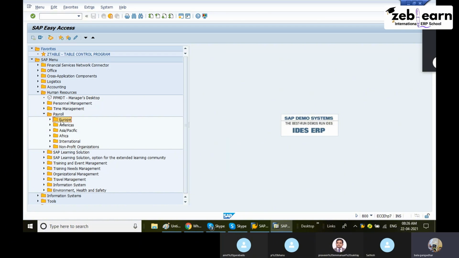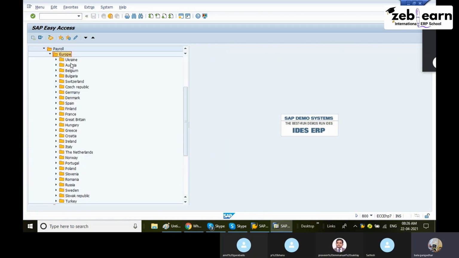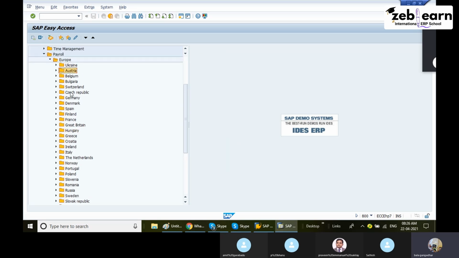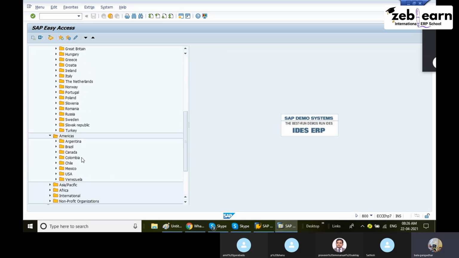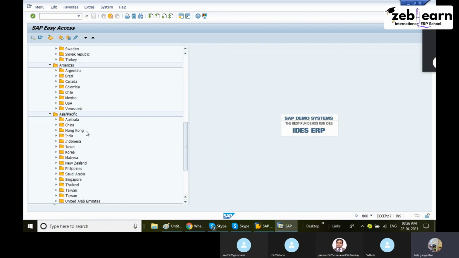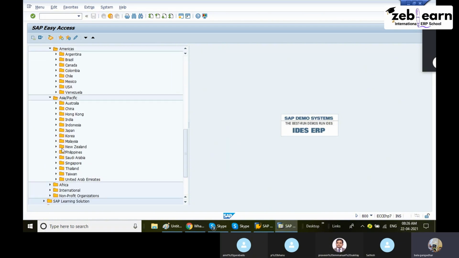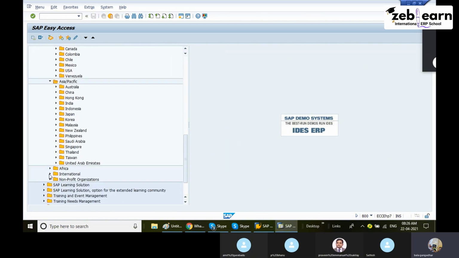Country payroll means, under Europe, what countries are there? For all countries here: Ukraine, Austria, Belgium, Denmark, Germany, Finland, France, Hungary. Almost 30 plus countries are there. For America, that is another country grouping. And Asia, we have India, China, Japan, Korea, New Zealand, Saudi Arabia, Thailand,